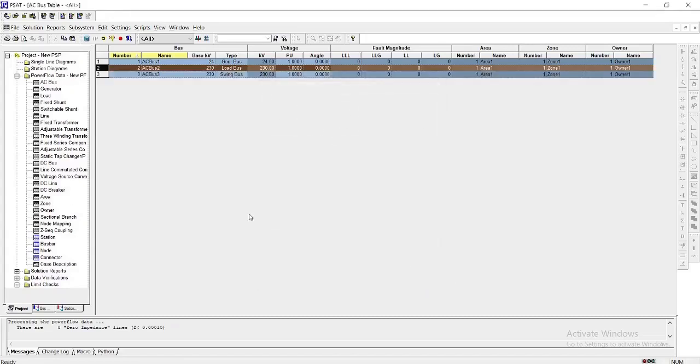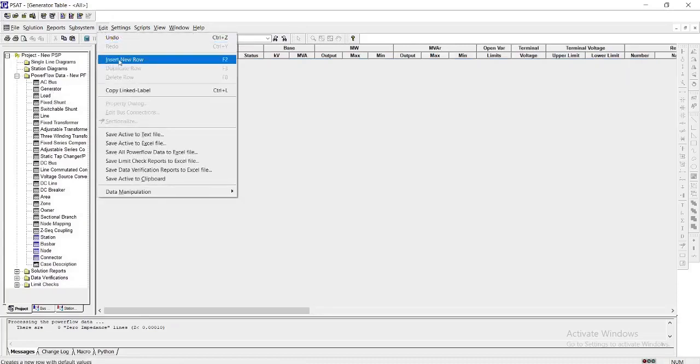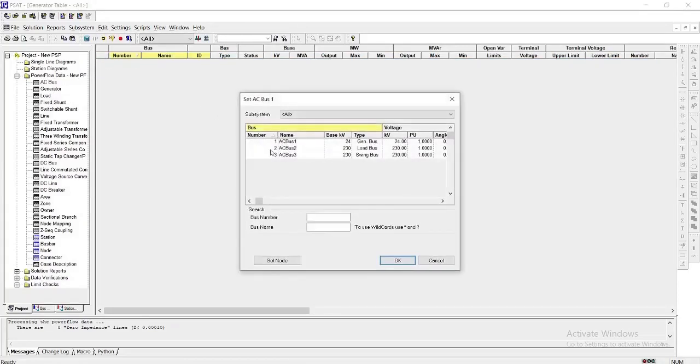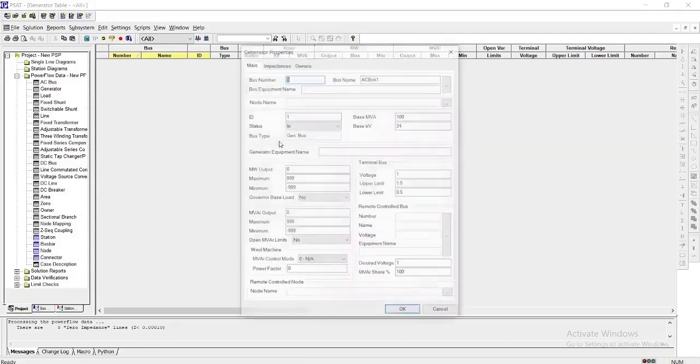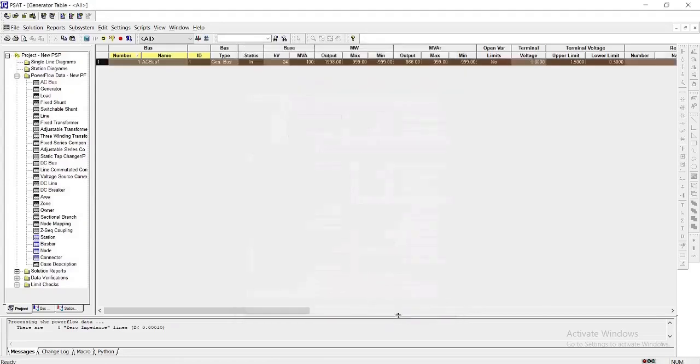Now we have to add other components to the buses. First we will add the generator. For that, double click on generator, edit, insert new row. Here you have to select the bus to which you are adding the generator. Select bus number 1, then enter the active and reactive power, click OK.